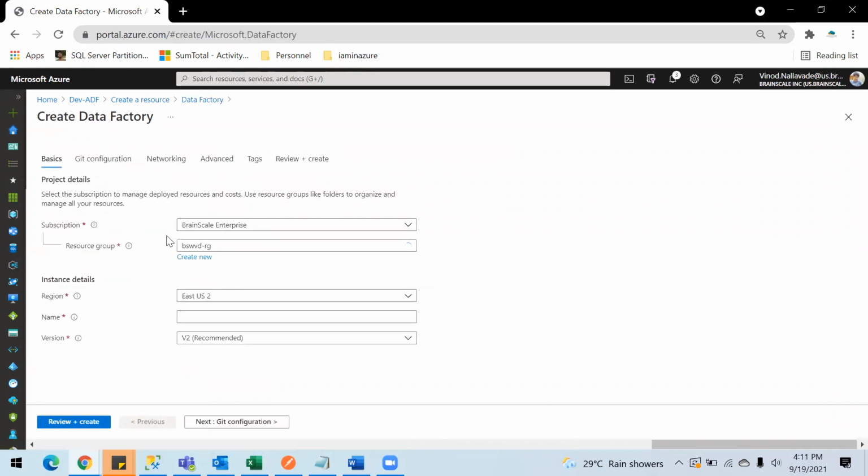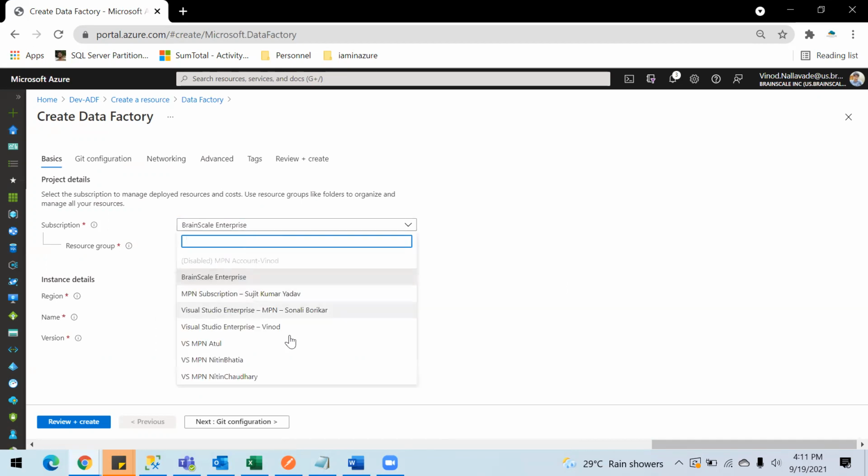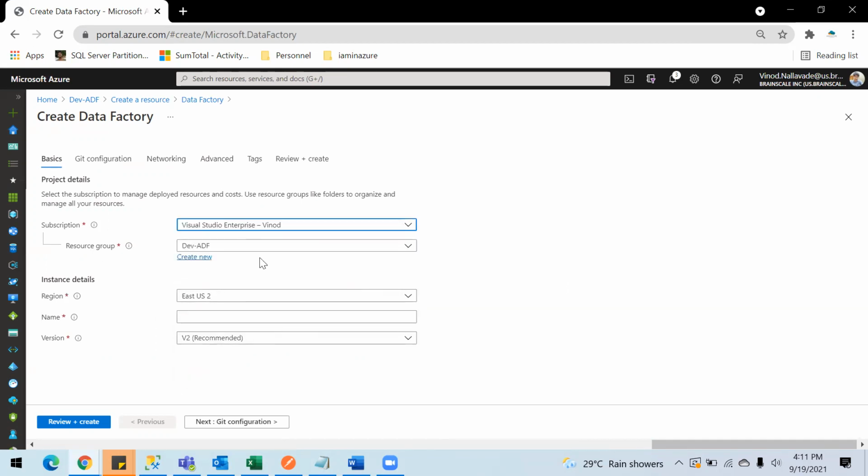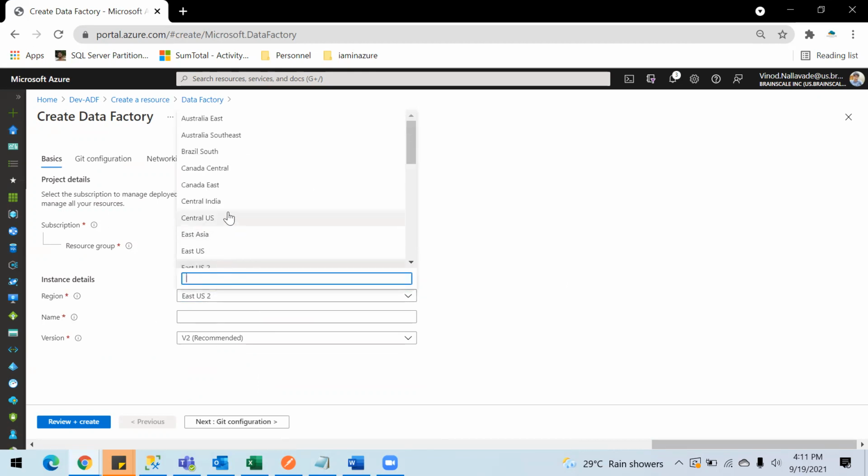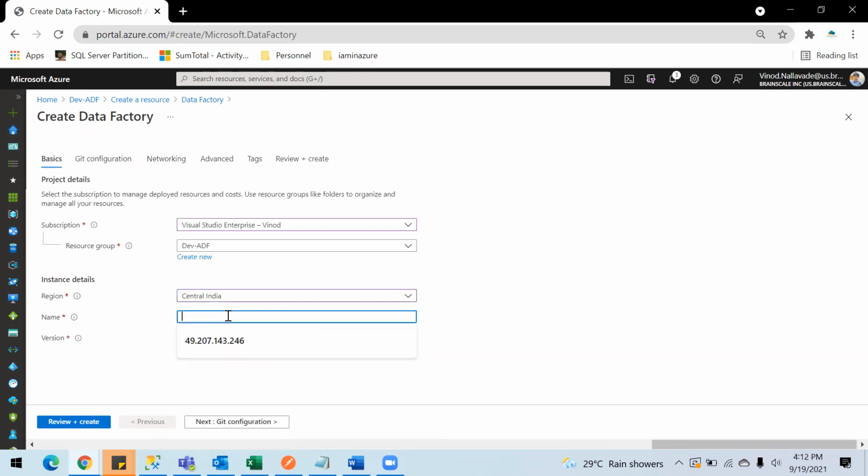While creating the data factory, it will ask you for the resource group, subscription, region details, and the version you want to choose. So let me just name it dev ADF service. And version, earlier it was V1, which will be deprecated soon. So Microsoft recommends you go with the V2 version, which is the current recommended one.